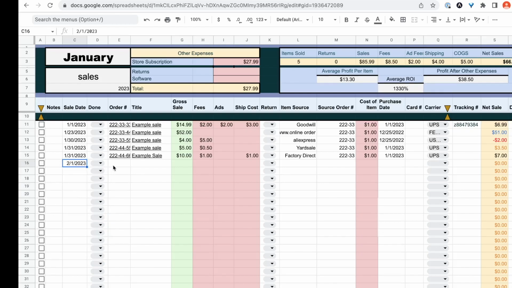How convenient. I'm going to put in my eBay order number. Usually I just copy and paste this information from the eBay sales sheet. And I'm going to put in the title of the item I sold. Yellow socks. Here I'm going to put in the price it sold for. $14.99, not bad. I'm going to put in my transaction fees, my ad fees, the cost to ship the item out to the seller,